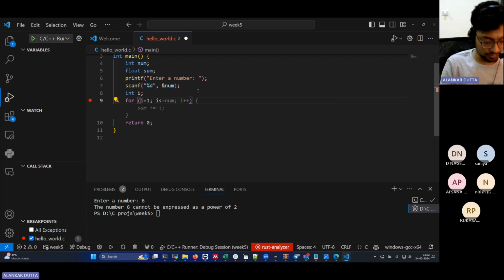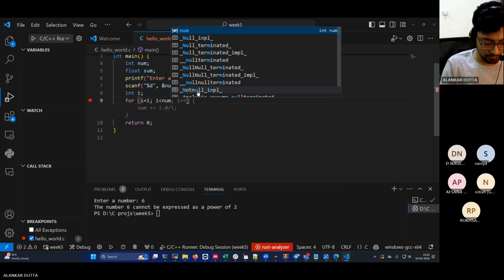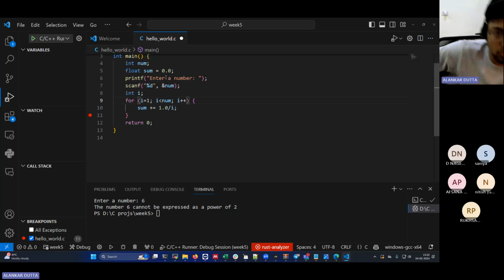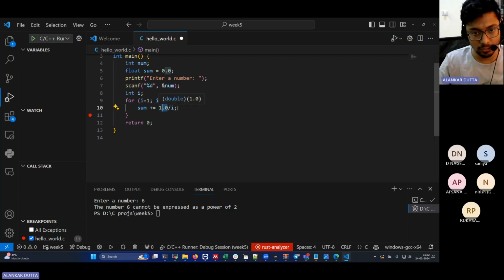I less than num, I plus plus, and I will sum this. Sum equals 2, and initially I'll just initialize sum with a 0. The sum gets initialized with 0, and now I do a sum plus equals 1.0 by I. And remember this 1.0, the reason this .0 is needed is extremely important, because if you do this, then